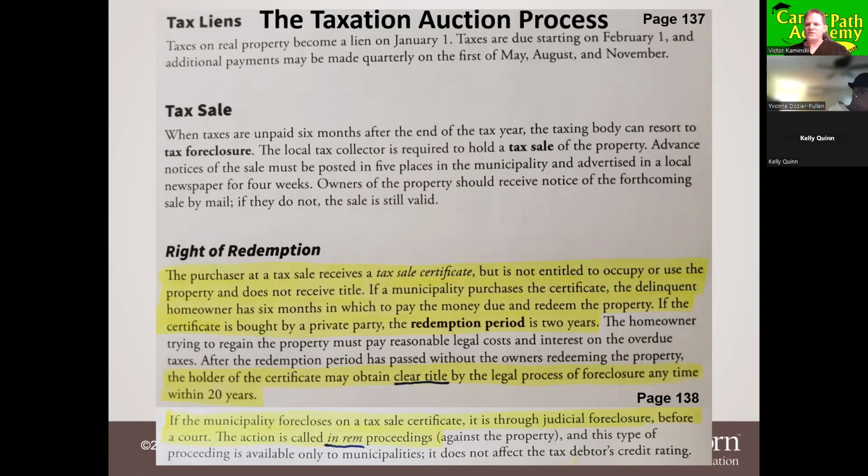So if you go to one of these auctions and you pay somebody's property taxes, don't go to the house now, walking on the property, peeking in the windows, trying to get in the house, okay? Because they're going to call the homeowners who live in there. They're going to call the cops on you, and you're going to get arrested for trespassing, or being a peeping tom. So make sure you don't do that. You didn't get the property because you won the auction. It's not that kind of auction where you get the property right afterwards.